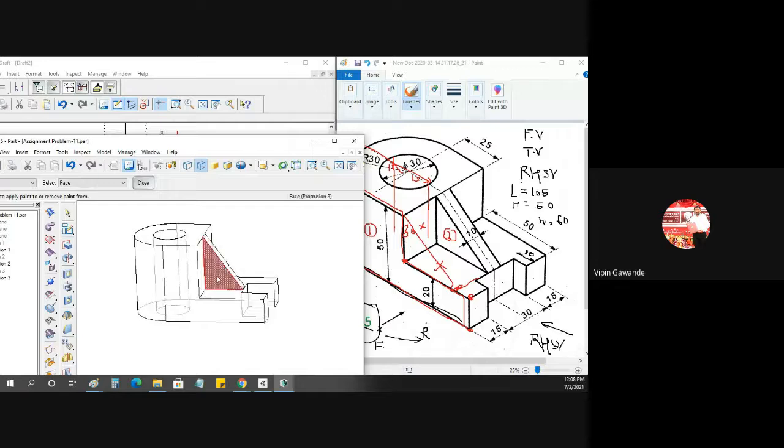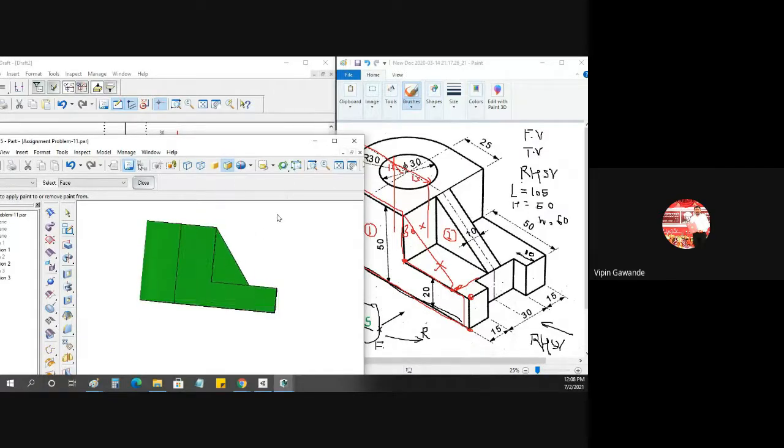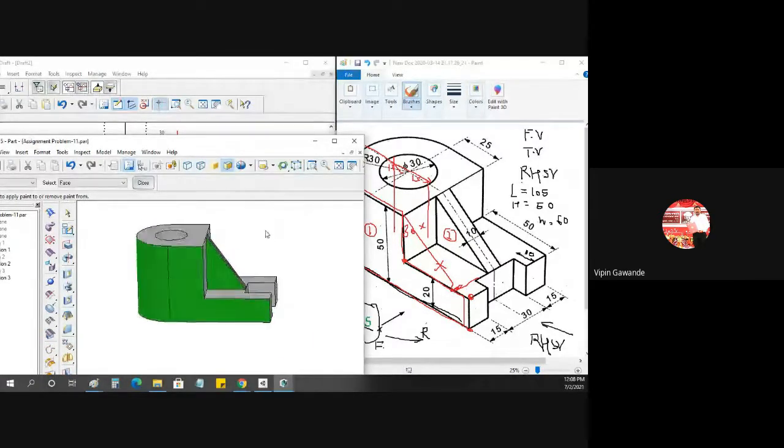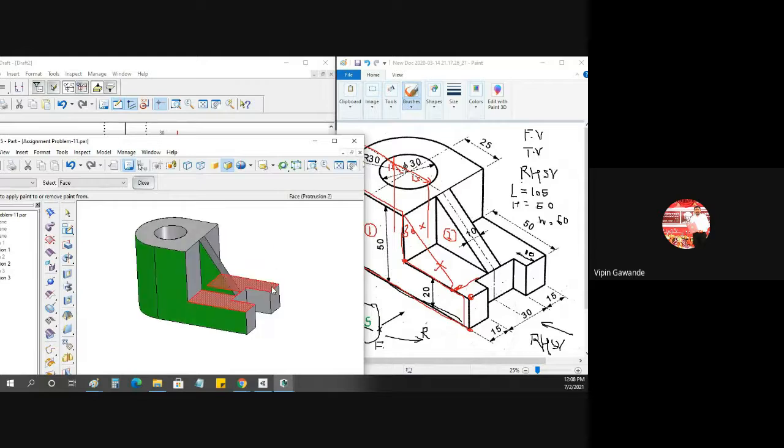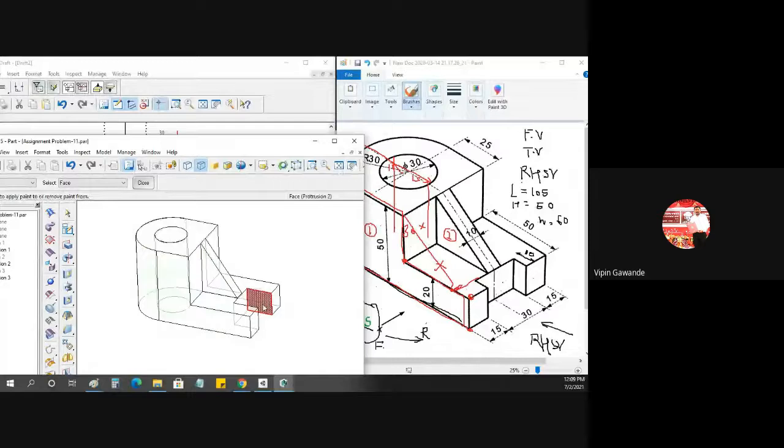First we have drawn the two visible surfaces. Initially, first draw the surfaces that are visible to you. After that, check which are the invisible surfaces. So this is the invisible surface. Another surface is this one. If you check here, there is a rectangular cutout. So this part is also not visible to the observer. This is a vertical surface, but it is not visible to the observer. So we have to draw this. This will come here.